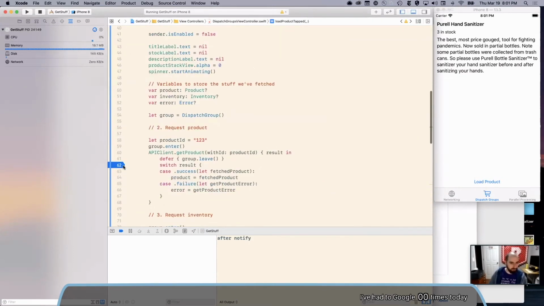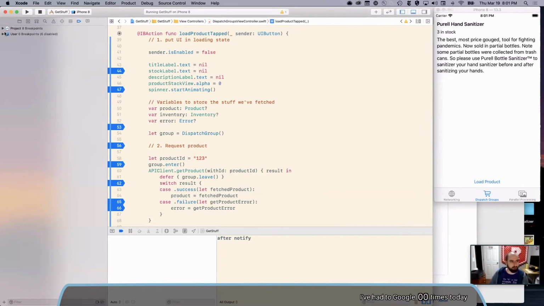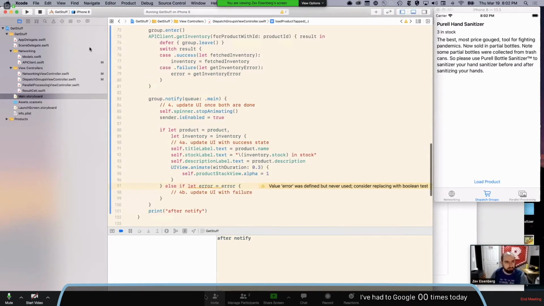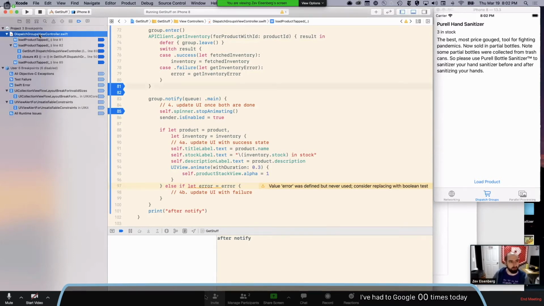So clear all those out. Oh, fun tip, if you forget and you have a bunch of breakpoints, you can go to the breakpoint navigator, select your breakpoints and hit the delete key. They'll go away. You don't have to drag them out one by one. You can also drag out the entire controller. Yeah, nice. If you want to do them all, everything that's in one file, you can click on this whole thing. Oh, can you just drag it out? Yeah, you get the little X. Sweet. So there.